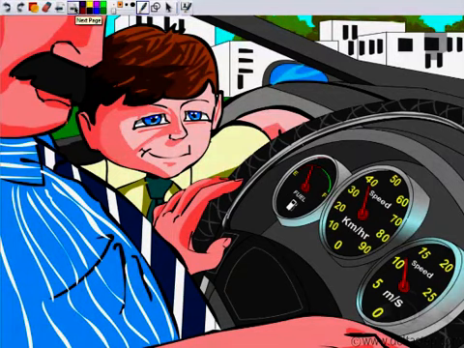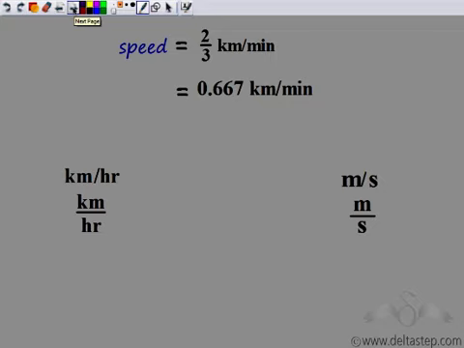So what he tries to do next is that he had found the speed in kilometers per minute, but he saw that the car had readings only in kilometers per hour and meters per second. So he thought to check whether he's got the correct speed or not, he should convert this to kilometers per hour and kilometers per hour to meters per second. Well, these kilometers per hour and meters per second are the two most common units in which speed is expressed. So let us try to express kilometers per minute into kilometers per hour.